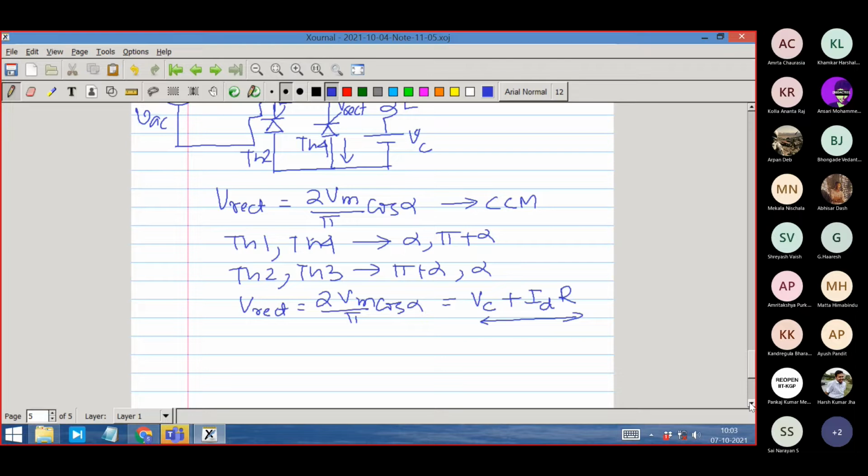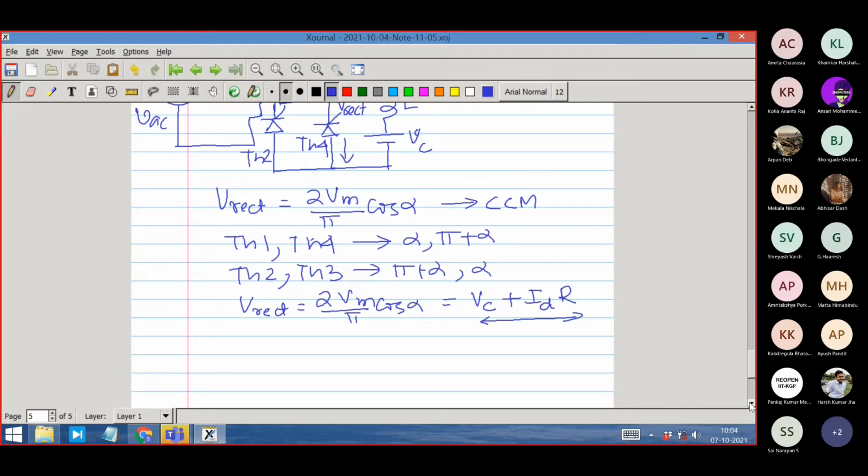R is not a load. R is somewhat like an internal resistance. Don't take this R as the load. The actual power consumption is happening in the battery, in the voltage source. That is the dominating thing. R is a small non-ideality in this case. It is not the same R as in the buck converter. It is in the series path, so it is a non-ideality, right?